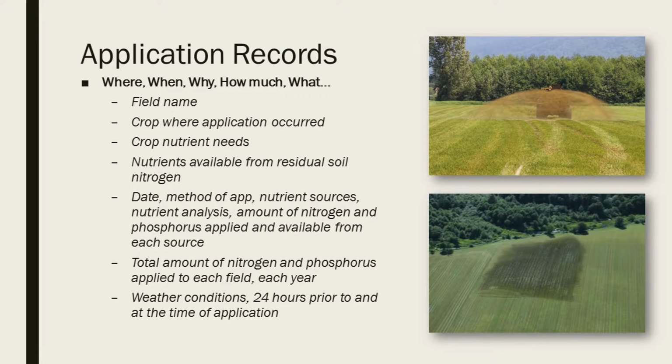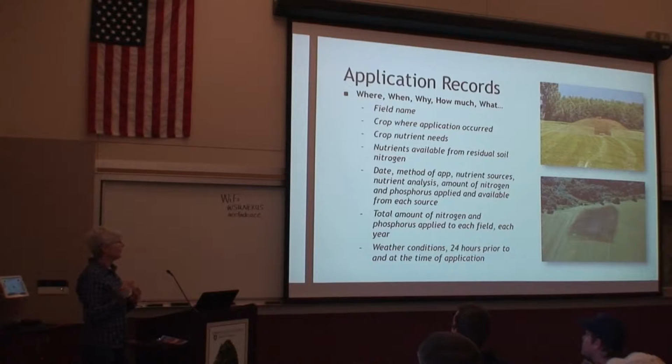Application records. This is kind of a sticky one for a lot of folks because there are a lot of things required. When you look at the rule for application records, there are a whole bunch of little buttons that you've got to check off. Bottom line, where did you put the manure? When did it go on? Why did you put it on there? Did your field, your soil test, or your crops actually need the nutrients that you put on? How much did you put on there and what did you put on? You just kind of keep that how, when, where, and why in mind, and that will probably meet our requirements